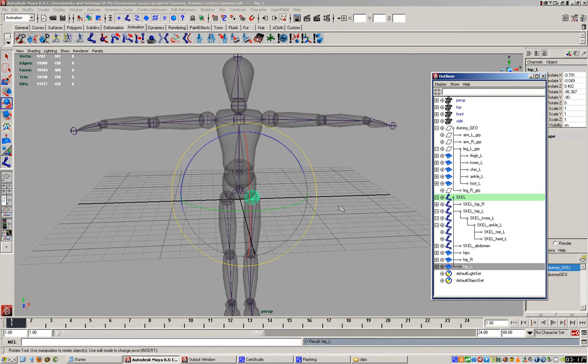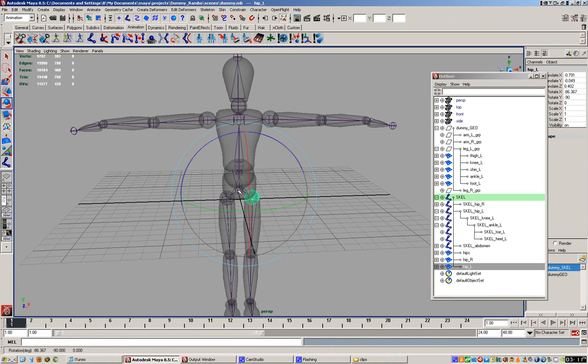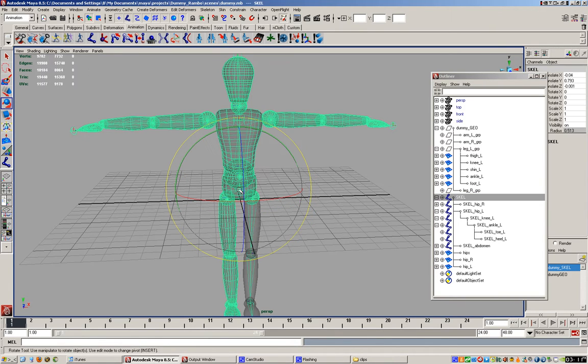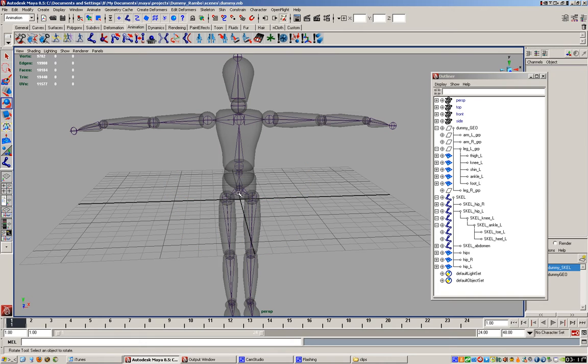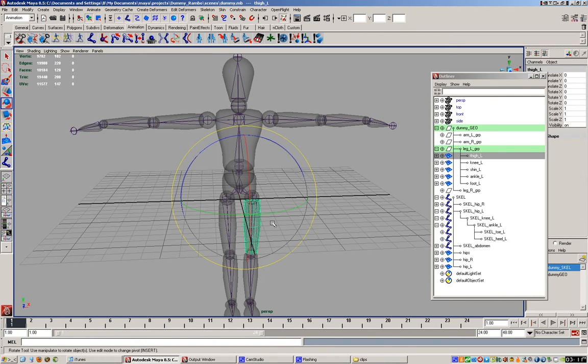One thing I didn't mention before in the other video is that my skeleton is rooted right here in the center of his pelvis. That joint's not really going to rotate at all, it's just there because I needed to root the skeleton to something. So now that I have my left hip rooted to that, I can grab my left thigh, and this